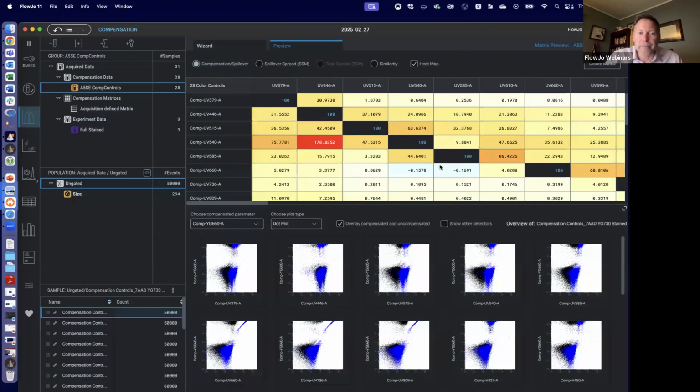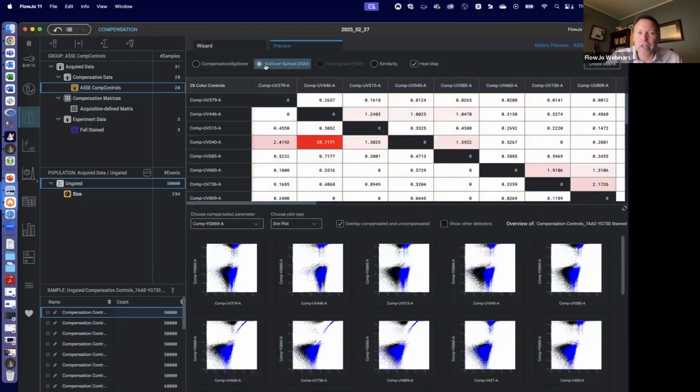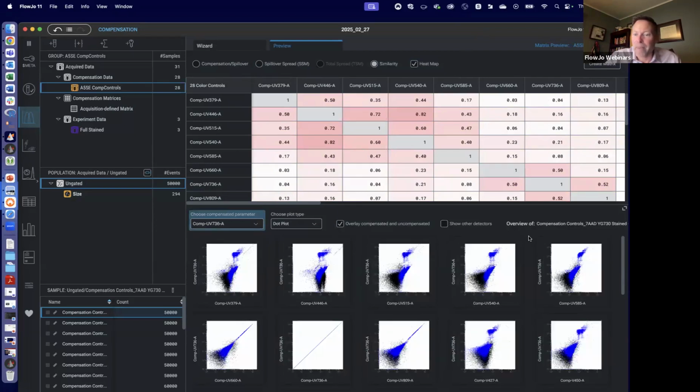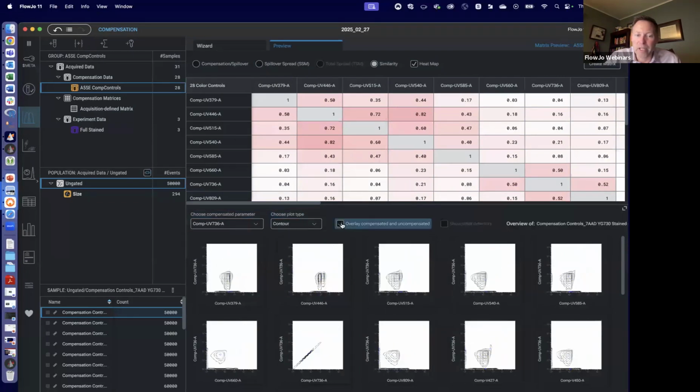Spillover matrix up here. And then you can just click the buttons if you want the spillover spread, if you want the similarity, turn heat maps on or off, pick which particular file you are looking at. We've given up the idea that we can show everything all at once. So we just pick a particular parameter, and give you a plot type you can choose from. So maybe contour, turn off the uncomped if you don't want them, show the other detectors if it's spectral